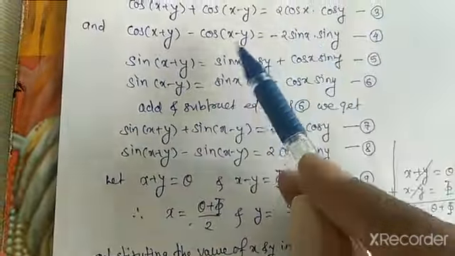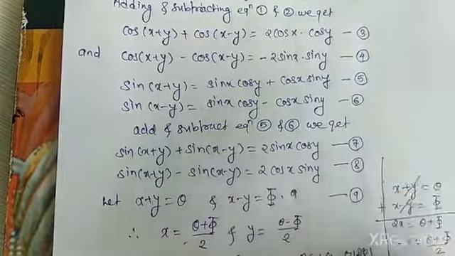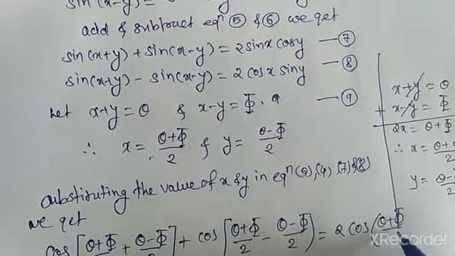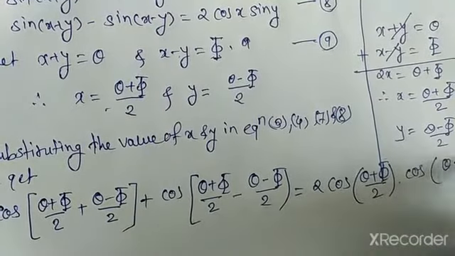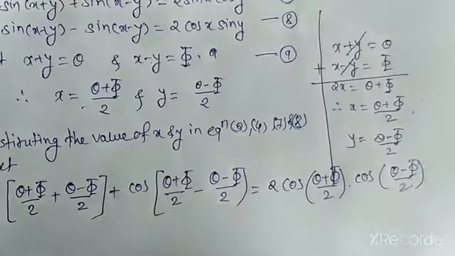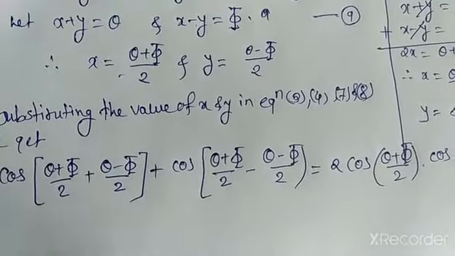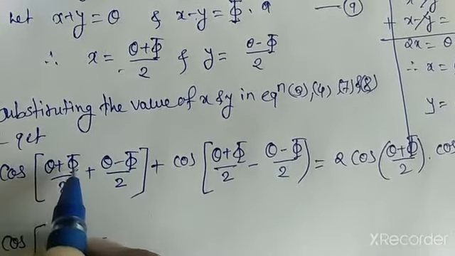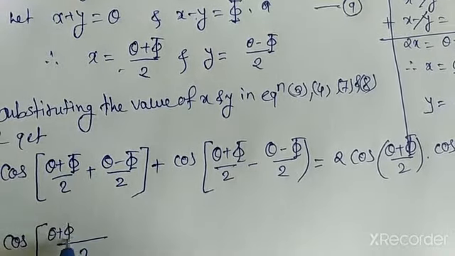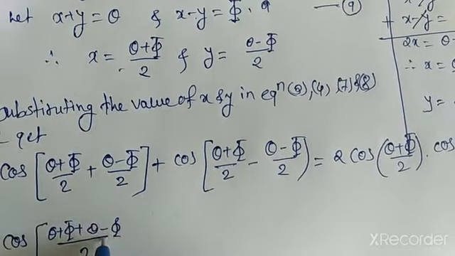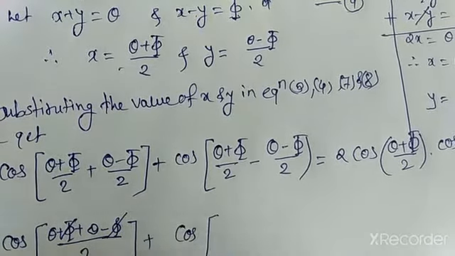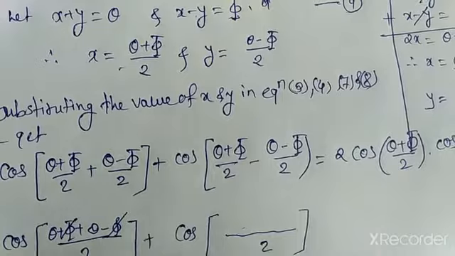is equal to, the right side is here cos(x+y), twice cos x cos y, so it will be twice cos of (θ+φ)/2 into cos y, cos of (θ−φ)/2. Okay, so after calculating this, it will give cos of, here the denominator is same, so we write (2θ + φ + θ − φ)... okay, so φ will get cancelled in the first, plus cos of, here also the denominator is same, so here we write (2θ + φ